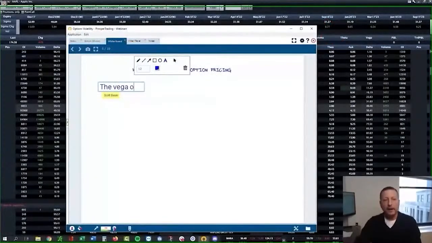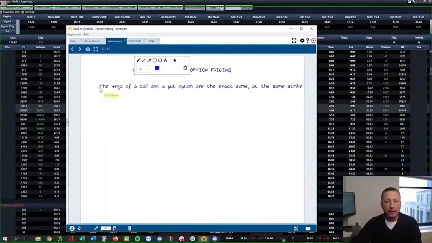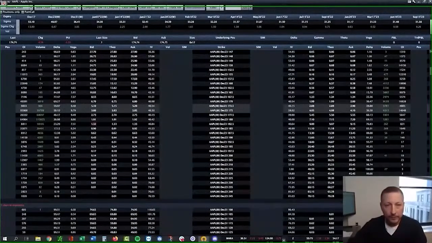The vega of a call and a put option are the exact same at the same strike and same expiration. Okay, if calls and puts moved differently from a volatility standpoint, not from a delta standpoint,